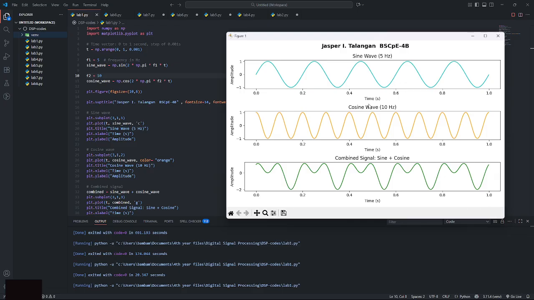It completes 10 cycles per second, much faster than the sine wave that only oscillates 5 cycles per second. The difference clearly shows how frequency affects the number of cycles and phase affects where the wave starts.